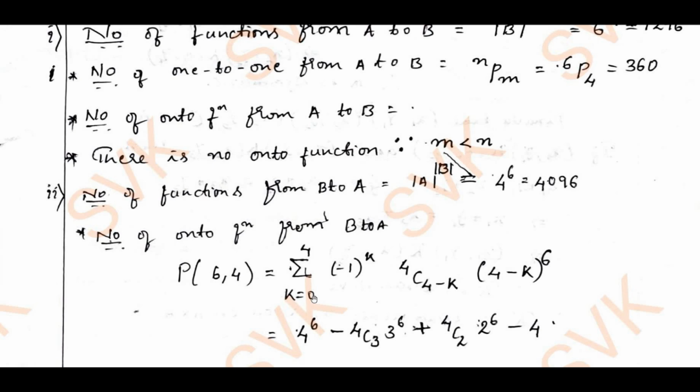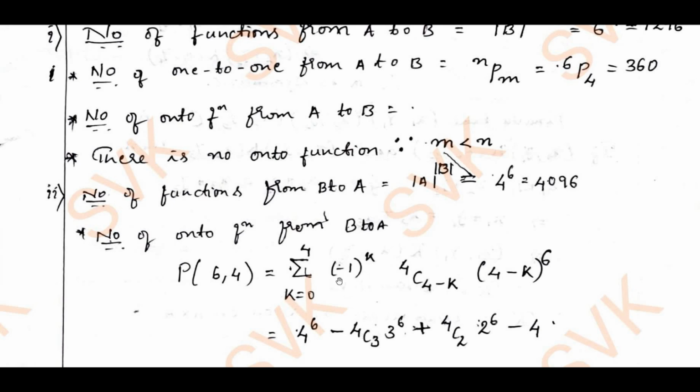So when k equal to 0, what is the value? When k equal to 1, 2, 3, 4, what is the value? That is what I am going to do by substituting k values. When k equal to 0, we get (-1)^0 4C4 (4 minus 0) whole power 6. So 4C4 is 1, and (-1)^0 is 1. You are left with 4 power 6. That is 4 power 6, minus